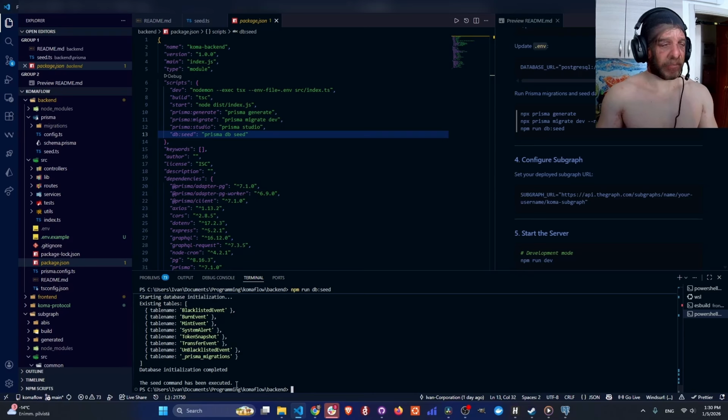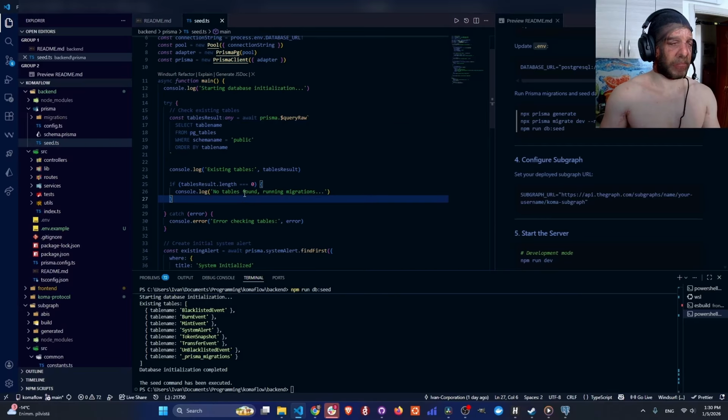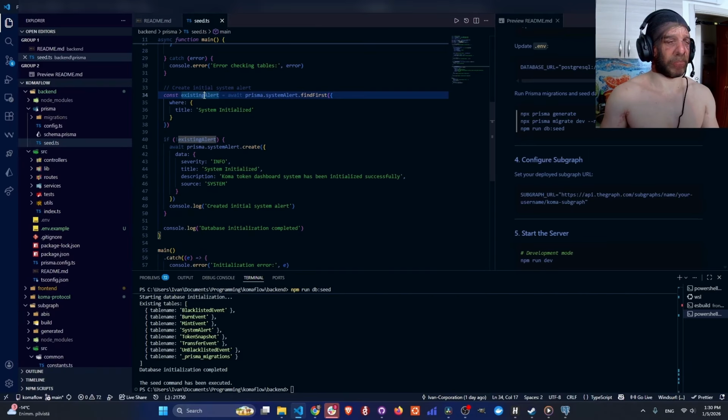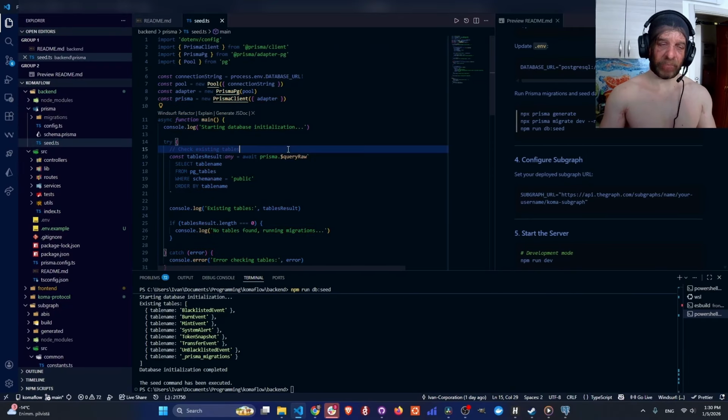Yeah, the seed command has been executed successfully, and in seed we just have this table result. You see we start database initialization. We check if tables exist. If tables are not found, we need migrations, but we already did this before. And if tables exist, we can add some existing alert, like system initialized and stuff like this. This seed is just an example one, but you can add some mock data here if you want to